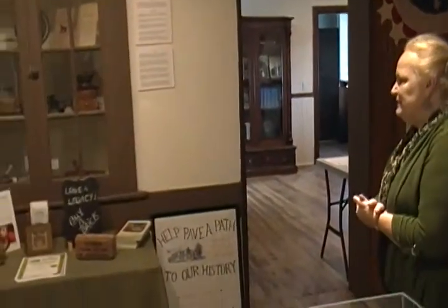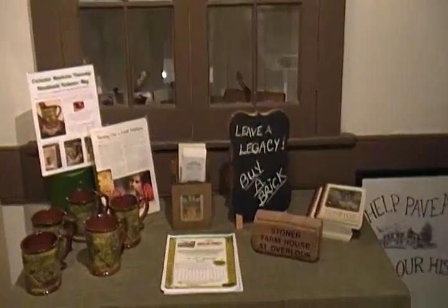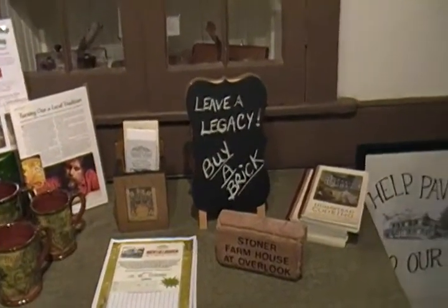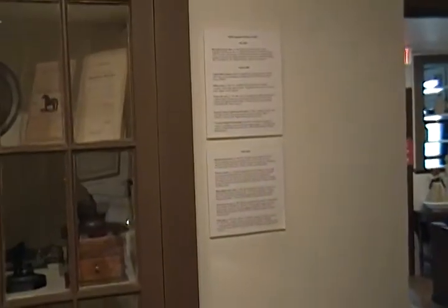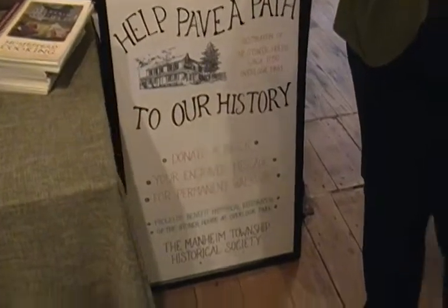to be sure when you're giving the tour, whenever you have the opportunity, to say that this house is the home of the Manheim Township Historical Society, which is a non-profit organization, a small group of people who believe in the preservation of our history, and we raise money dollar by dollar to keep this going. We are not funded by Manheim Township. This is an organization that works to raise money so that we can continue to share the history of Manheim